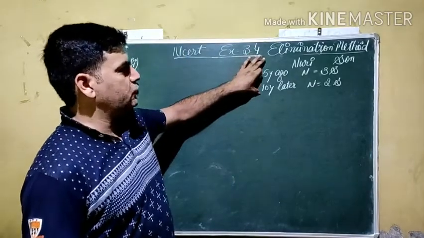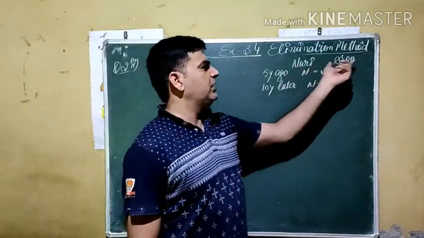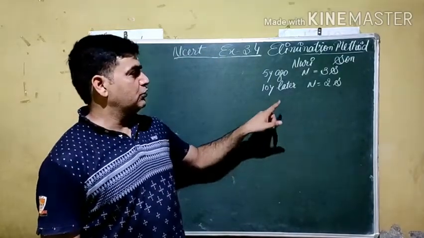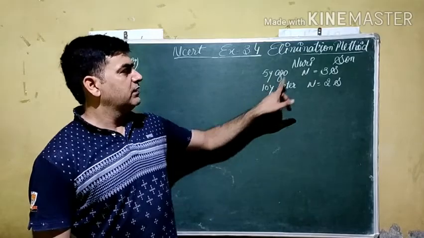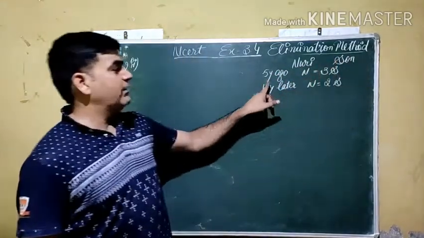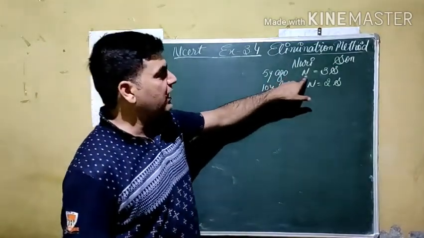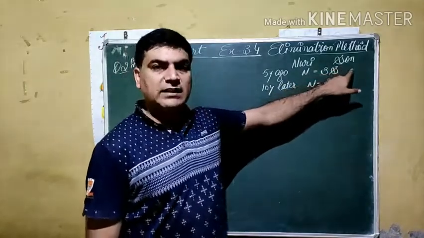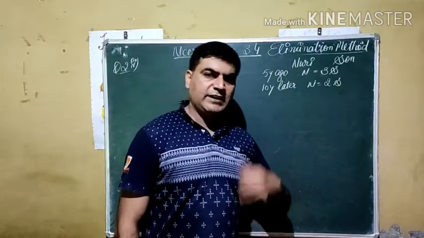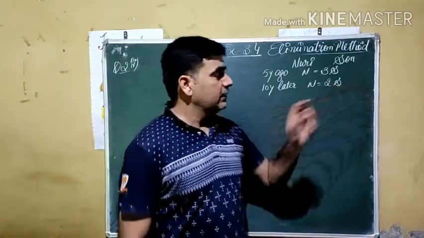Here we have given a short description of the question. In this part, there are two persons, Nouri and his son. This is a family related question, and it relates to age. If we compare the ages of Nouri and his son 5 years ago, Nouri's age was 3 times the age of his son. If we compare the ages 10 years later, meaning after 10 years from the present age, Nouri will be twice as old as his son.